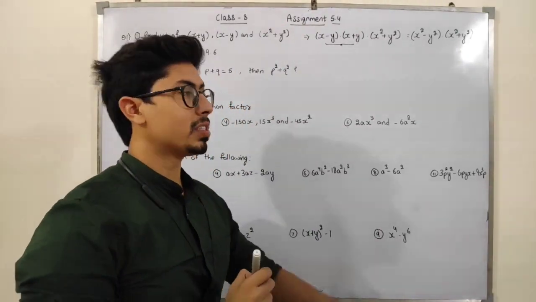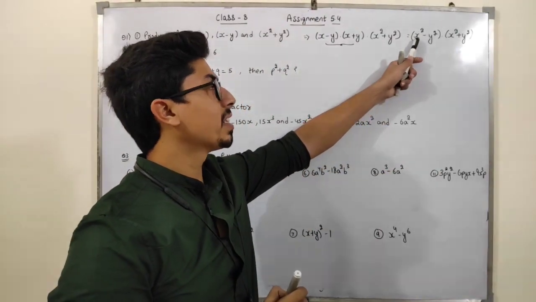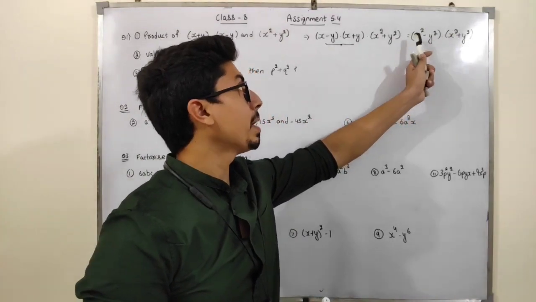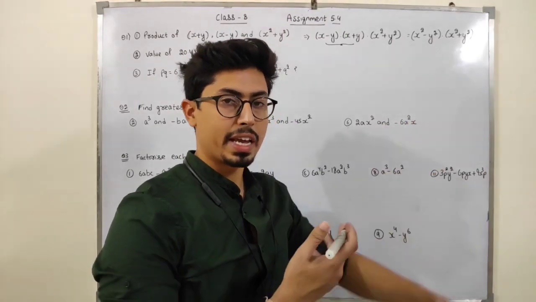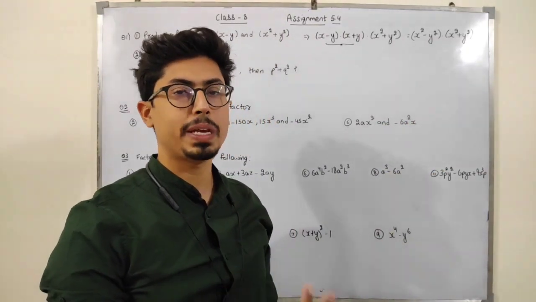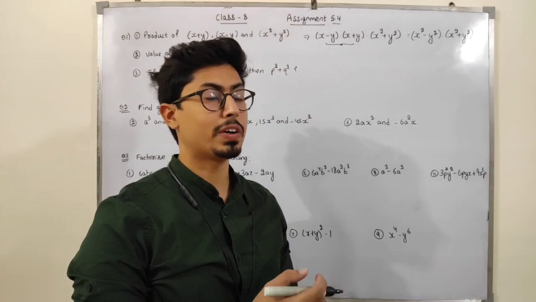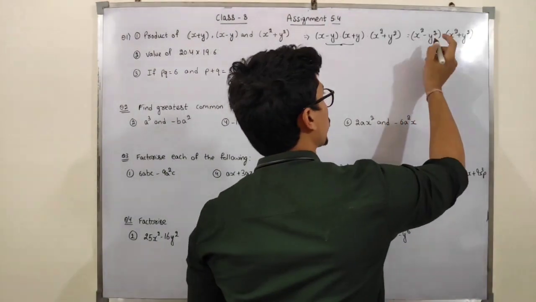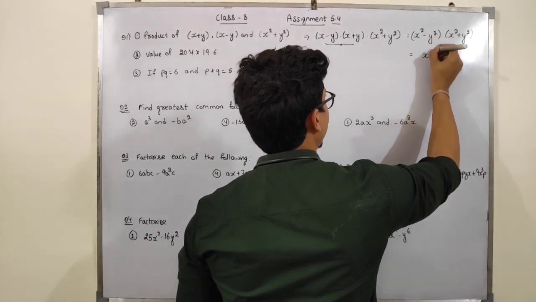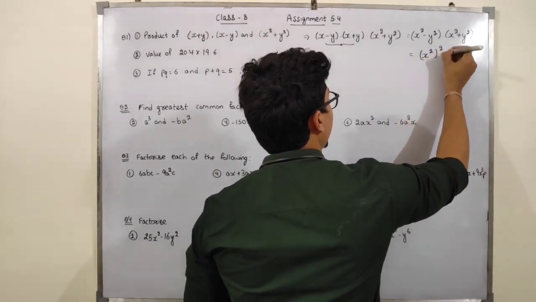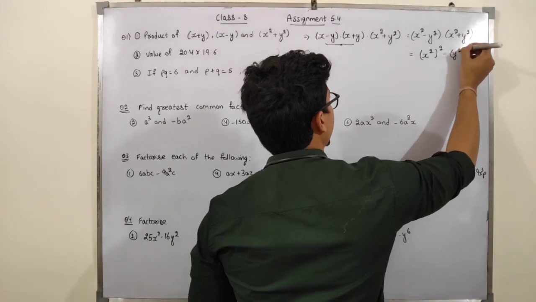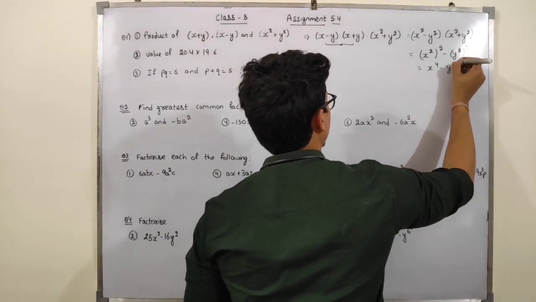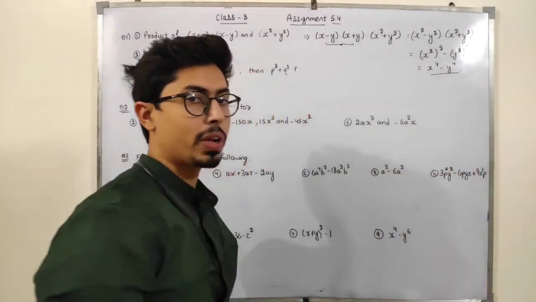Now students, if you just again see, if I just take this as a, this as b, so a minus b, a plus b. Again I can use the formula (a minus b)(a plus b). So what will it be? A square minus b square, but a is x square. So a square means (x square) square minus (y square) square. So this will be x raised to the power of 4 minus y raised to the power of 4. So this is our required answer.